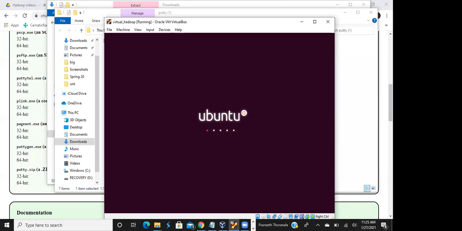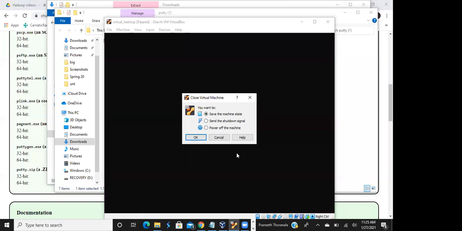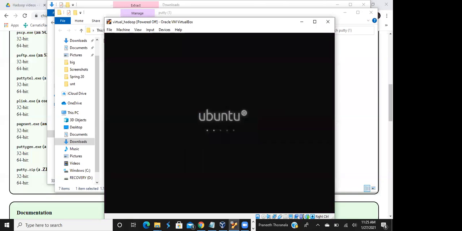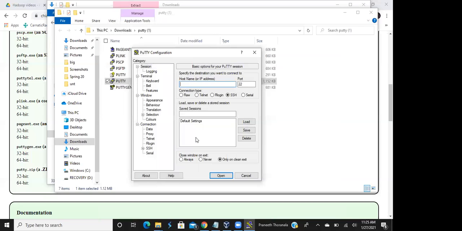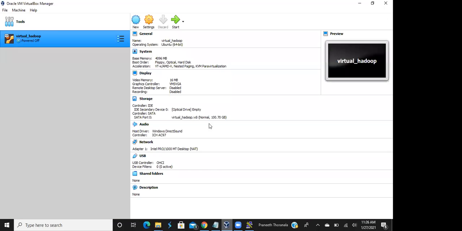I just close it, and it will ask you to stop. So just power off, the third option. Power off the VM actually. Now go to the VirtualBox again. Start it again.